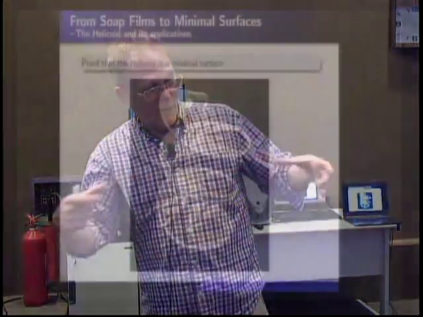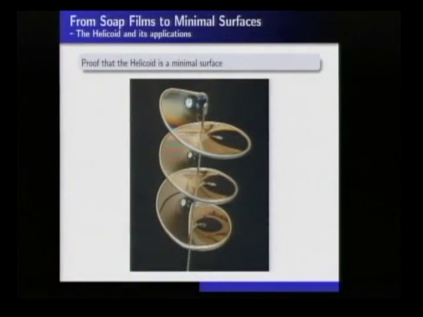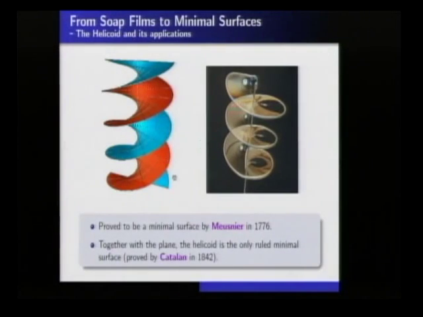And you make that wire, and you dip it in soapy water. You always get the same thing, at least I always get the same thing. It depends on how big you make it. If you make the wire big, it's not true. But if you make it like that, you see it. It's not too hard to see that the surface is approximately ruled by horizontal lines. Okay, so then we have Meusnier, 1776.